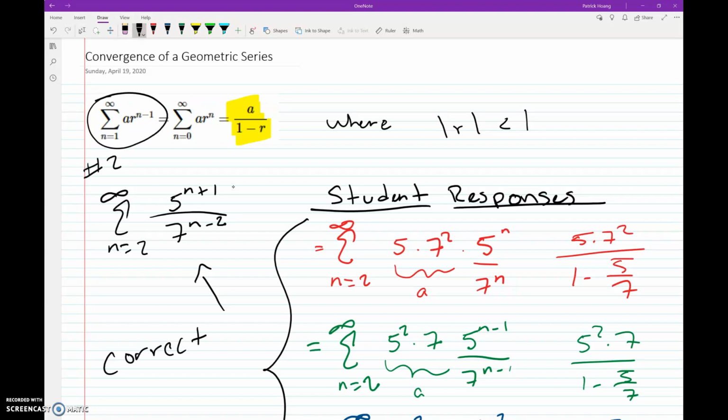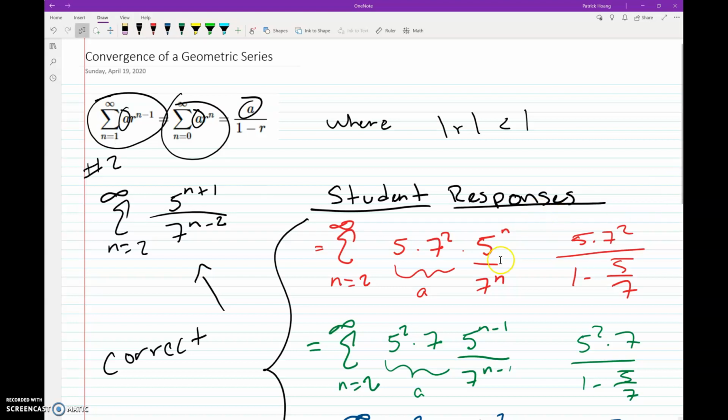When the geometric series is written like that, we can find our a and r value. So r is the common ratio, and as long as the common ratio is less than 1, our geometric series will converge. And this a value